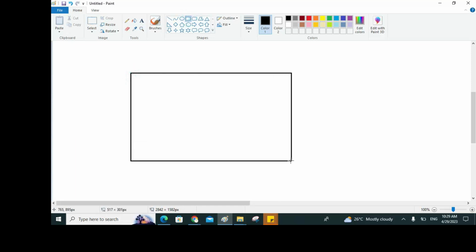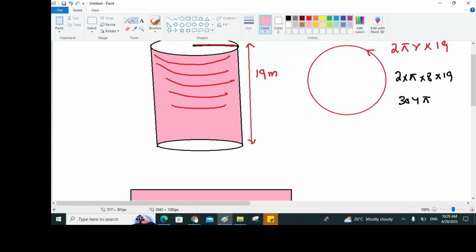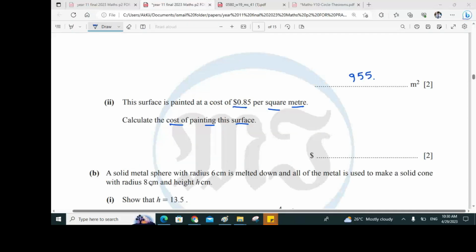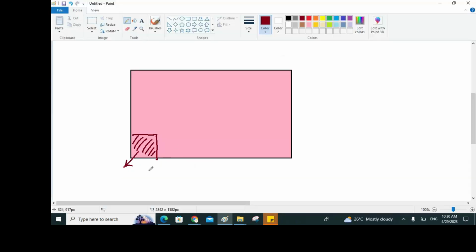वो ऐसे करके सीधा हो जाएगा, it will be like this. अगर ये सिलेंडर को यहाँ से काट दे बीच में से, if we cut this cylinder from here, और इसको पेपर की तरह सीधा कर दें, ठीक है, तो this will be that area. और इसमें कह रहा है कि अगर इसका 1 स्क्वायर मीटर अगर हम लें तो पेंट करने की जो कॉस्ट है will be how much, पेंट करने की कॉस्ट $0.85,